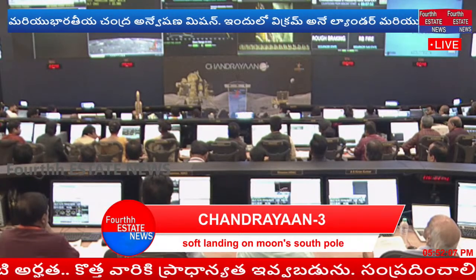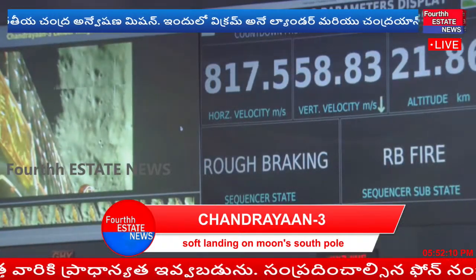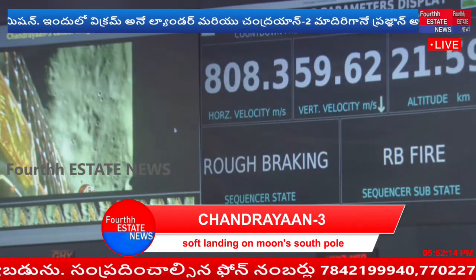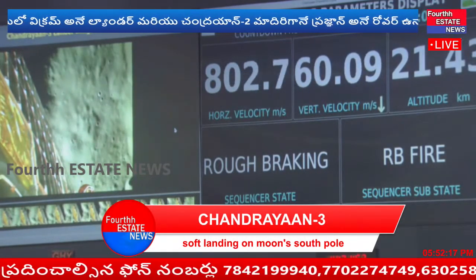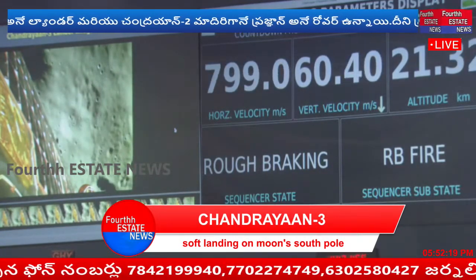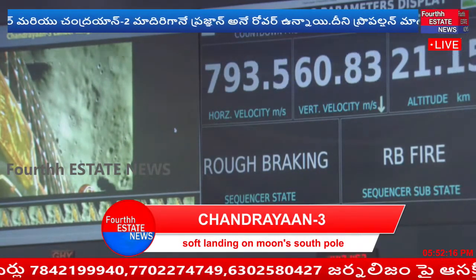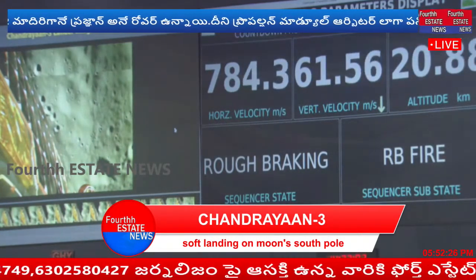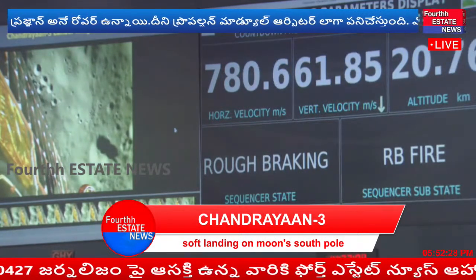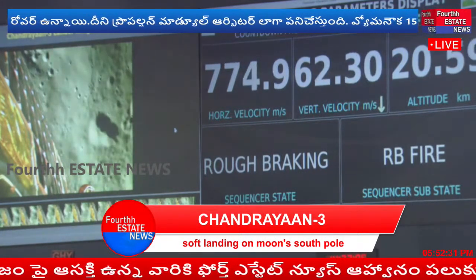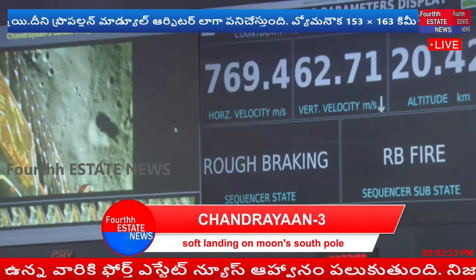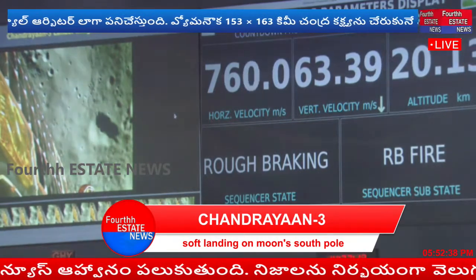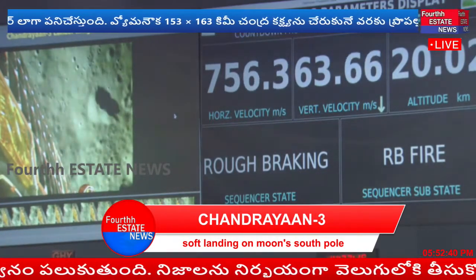The altitude of the lander from the ground is currently 22 kilometers, which is again going to be coming down, and that is expected. For the viewers who have joined now, we are in the power descent phase, and we are in the rough braking phase, which is the first phase of the power descent. We have currently traveled a downrange of 697 kilometers, and the downrange that has to be traveled during this phase